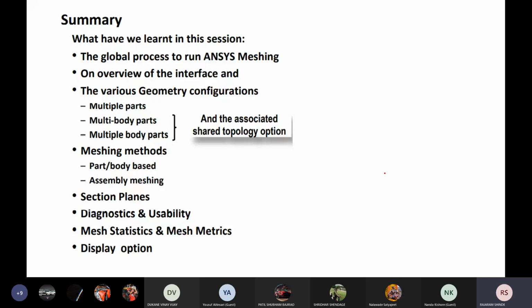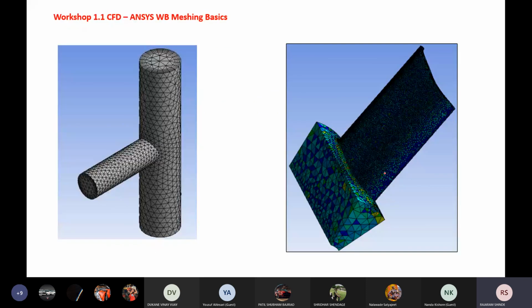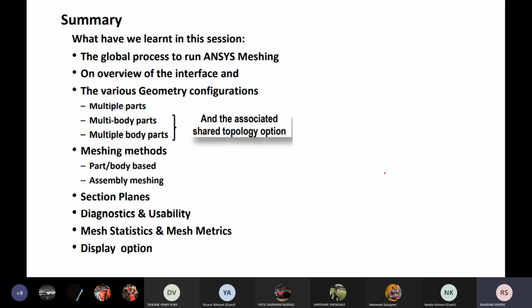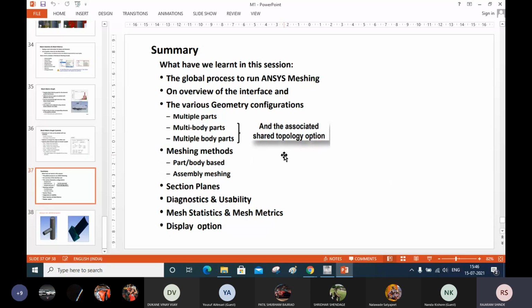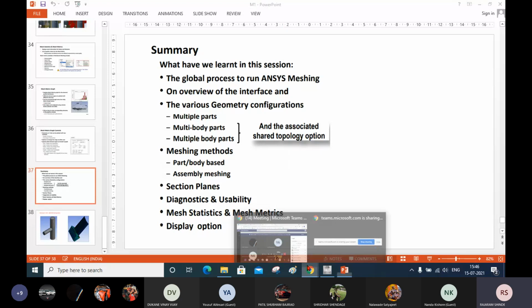Okay. Now tomorrow I will show you some simple exercises. Okay. Now I think it is 3:40, 3:50. Within, I think